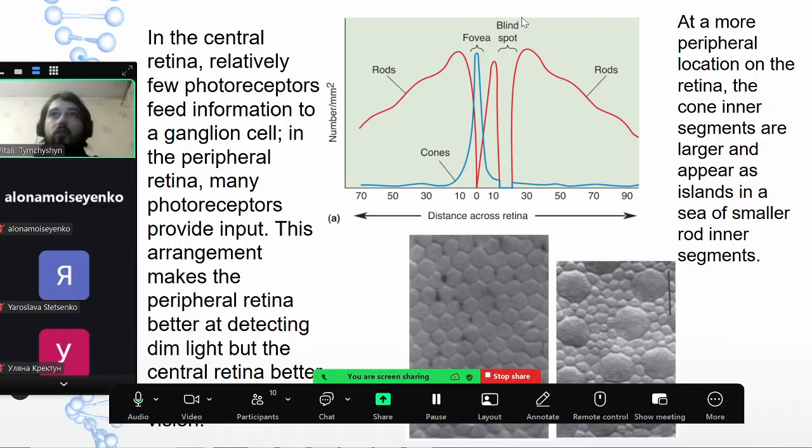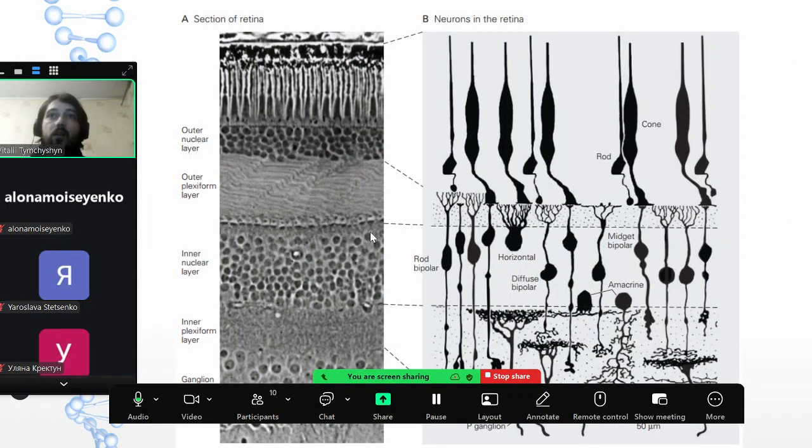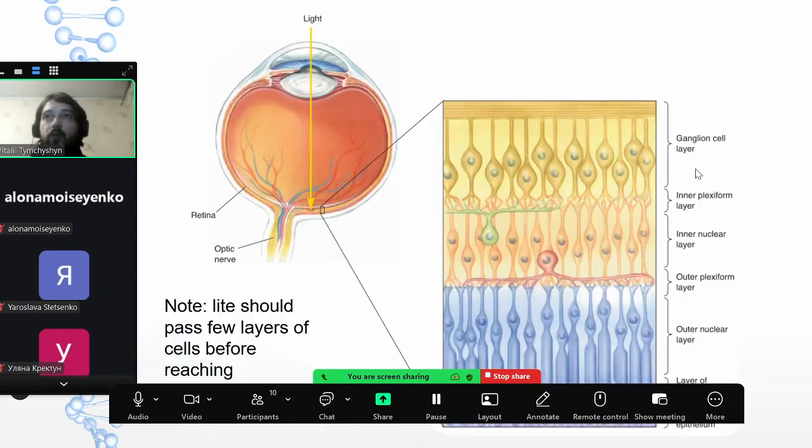What's more interesting to notice? Here is the so-called blind spot. This is a place where all these neural endings go out. So we have ganglion cells, and they should send their signal to the brain. And here you see this place, this optic nerve comes into the eye, and that's the place where we have no photoreceptors. So basically, that's a blind spot. We cannot see anything with this part of our eye.